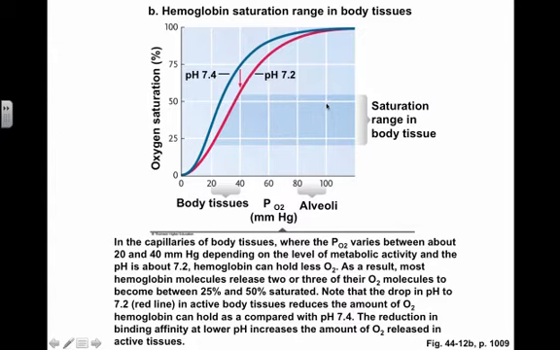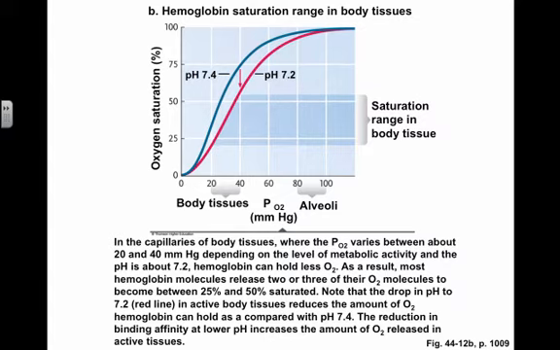So the shift of this curve from the left to the right here corresponds to giving you a lower ability to bind oxygen when it's in a high pH environment, and an increased ability to bind oxygen when it's, I'm sorry, that's reversed. Increased ability to bind oxygen in a low pH or high acidity environment, and a decreased ability in a high